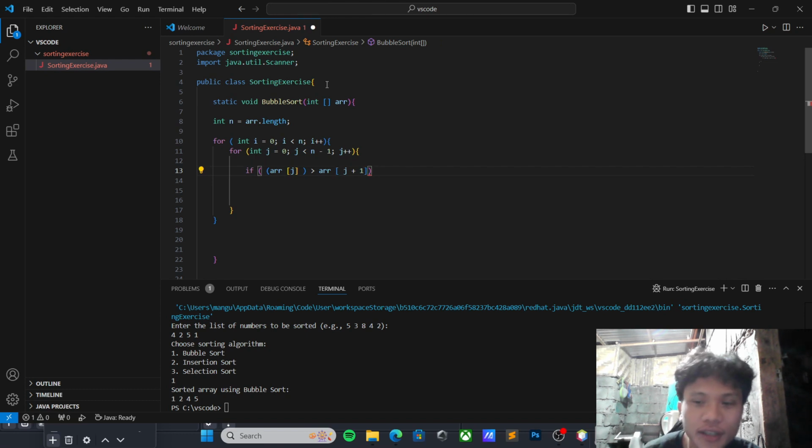So inside the inner loop, it checks if the current element r[j] is greater than the next element r[j+1]. If so, the elements are swapped, effectively moving the larger element to a higher index, or bubbling it up.